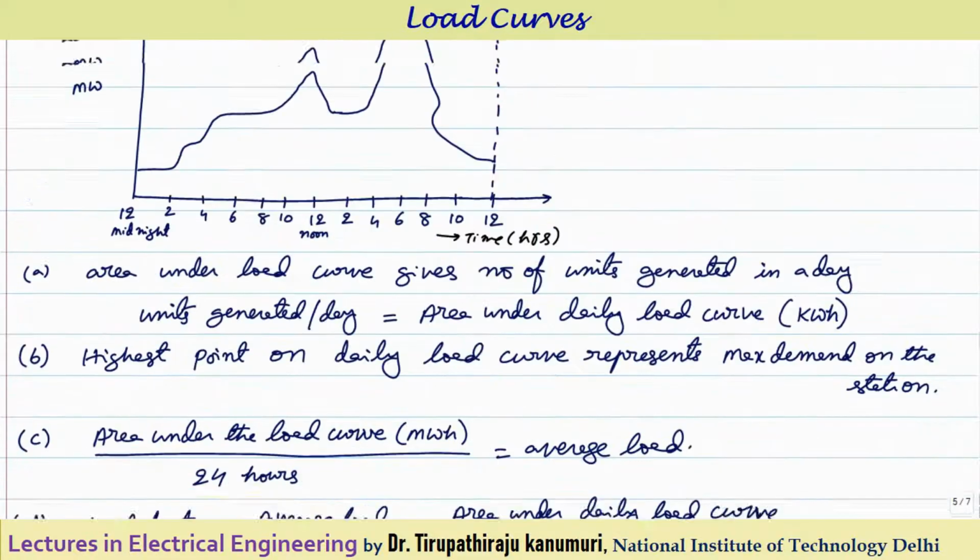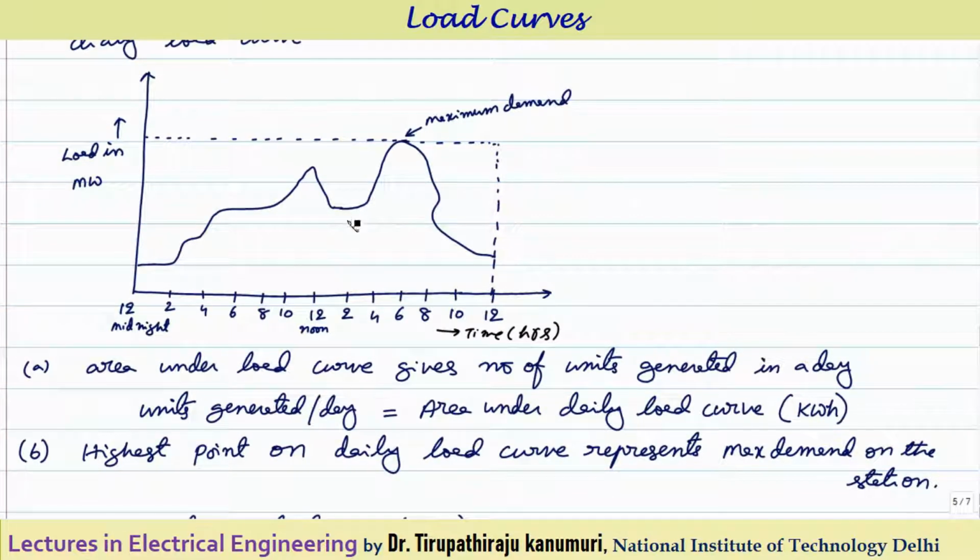So you can see here the load is continuously varying throughout the day. Let us assume you are having a single generator in the power station. We always design the alternator to operate at maximum efficiency near the full load. So if you are operating at light load or less than full load conditions, then the efficiency will fall down.